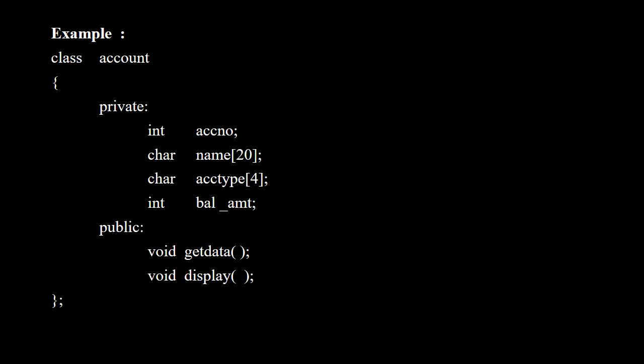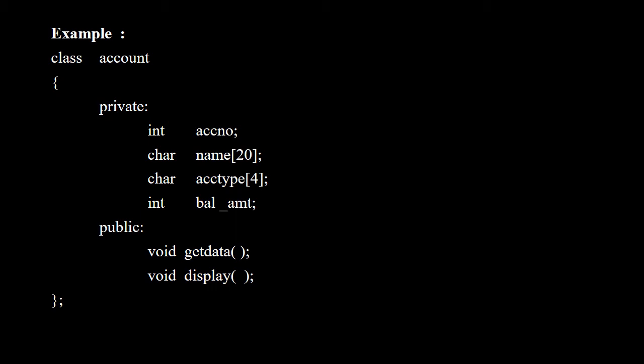Now just see an example of class definition. The keyword class and the class name is account, open curly bracket, the access specifier private. Its members are account number, name, account type and balance amount. You all know that these are the variables in a program. So we'll write these variables in the private access specifier.